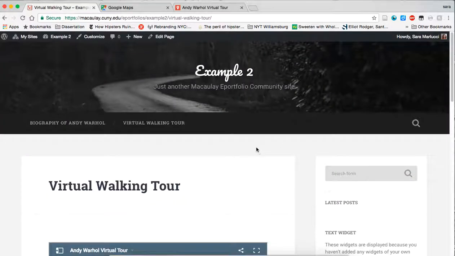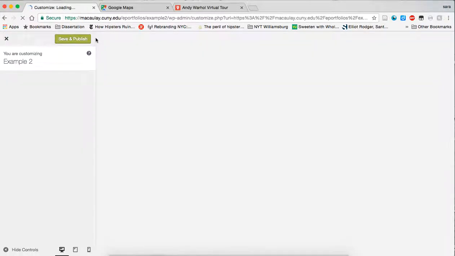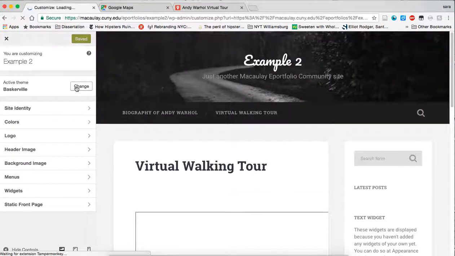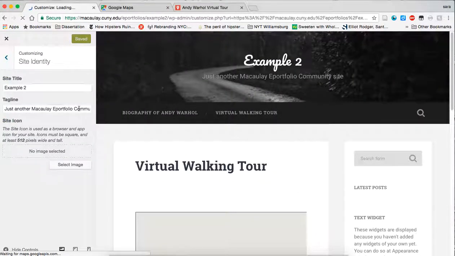One last thing: the easiest way to change the name of your site is by clicking on Customize. That doesn't take you back to the dashboard, it actually leaves you on the site. You can change the theme from here too. You can click on Site Identity